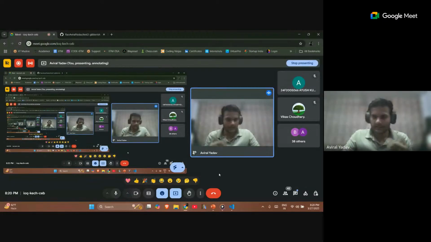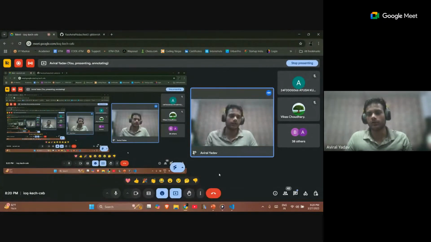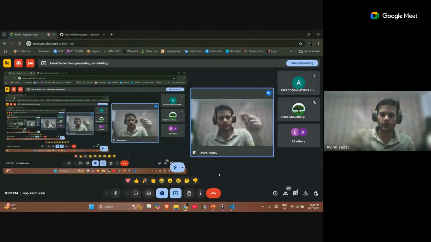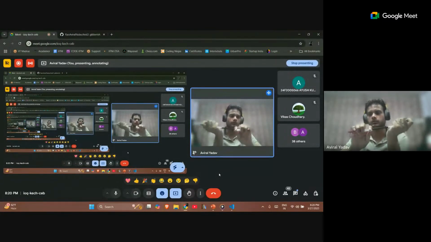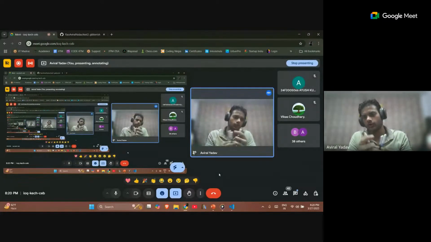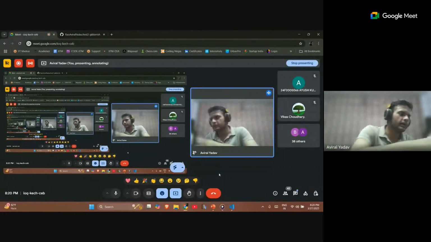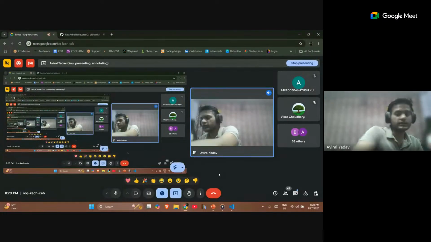so that it makes work easier, rather than if I would let the first one work, and then the second one comes, and then the third one comes. You can see the process is much longer. This way it's much shorter and less time consuming. That's why we use branching, because it saves a lot of our time.